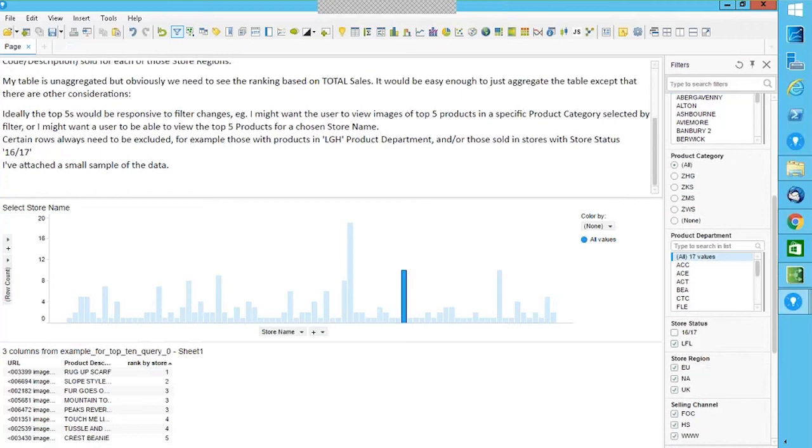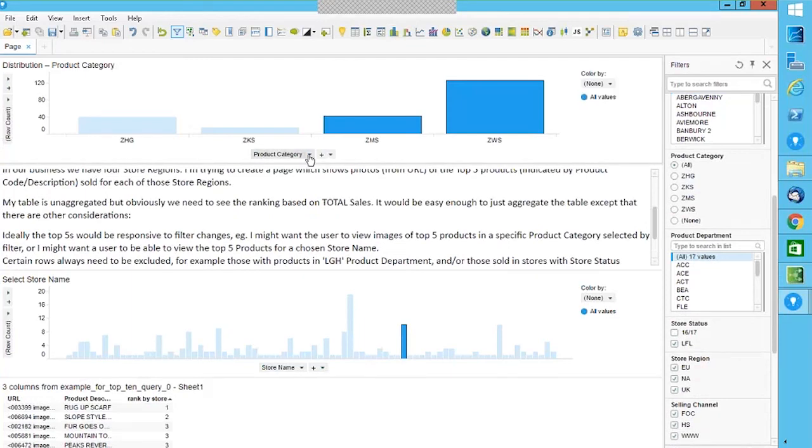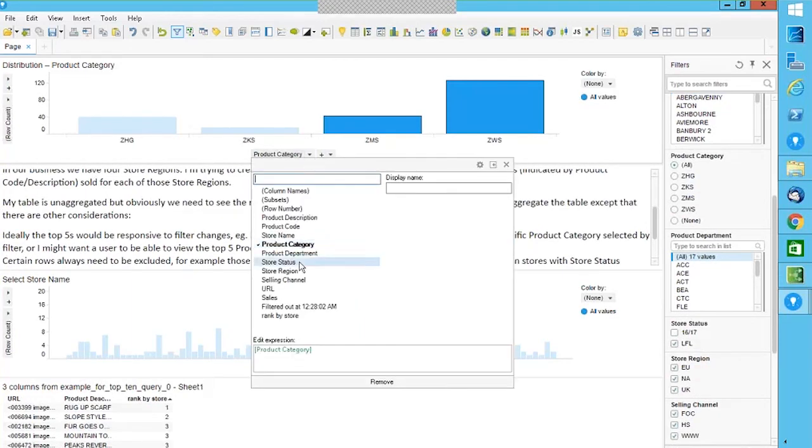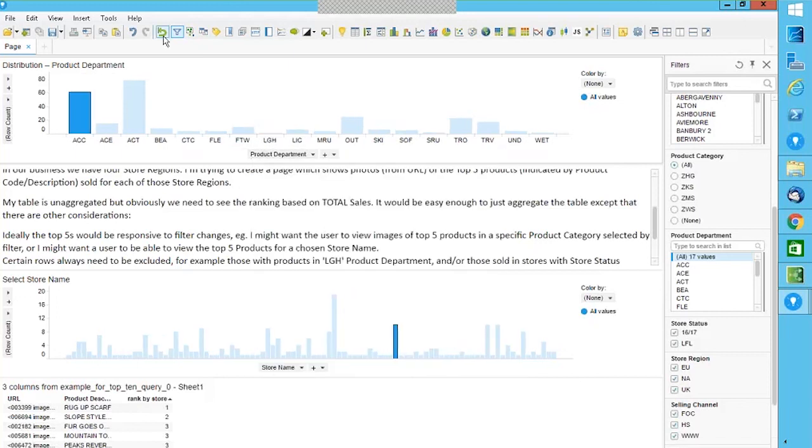How would I do that? Say I have a visualization and I select product department here, and let me reset all filters. I don't want to pick up this value; everything else I'm fine with. If I use a checkbox, it will be like picking 20 values or 300 values, but